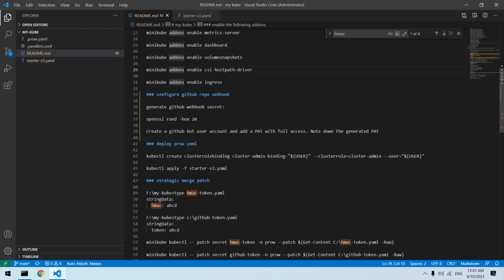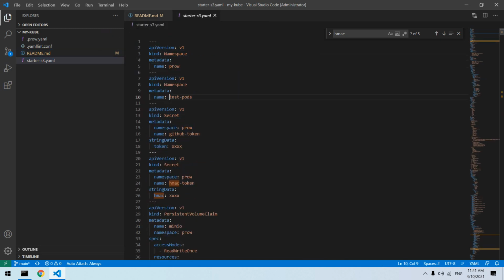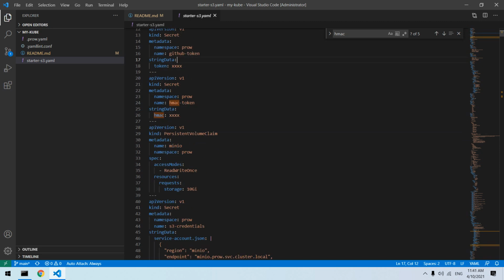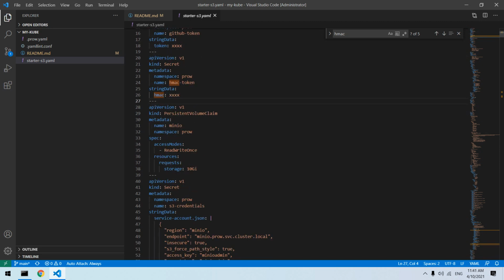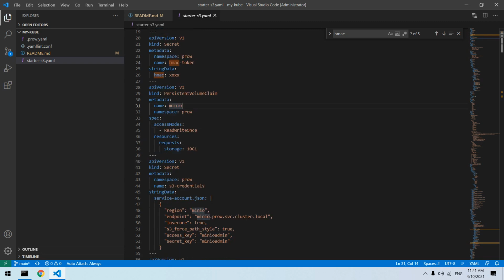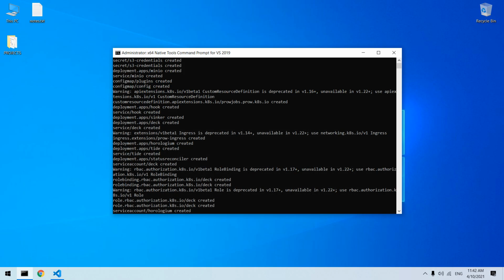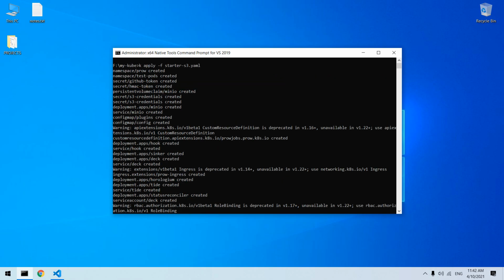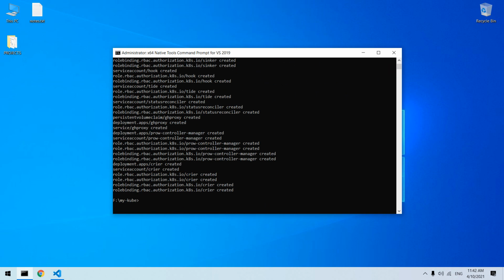It uses MinIO for S3 storage, because nothing in this S3 YAML is dependent on a cloud provider. Since MinIO is an S3 compatible storage service, we are using that. It has a specific container for that. There will be a couple of warnings because certain specs are using outdated schemas, which is okay. It works with that. Once this is deployed, let's check how the pods look.